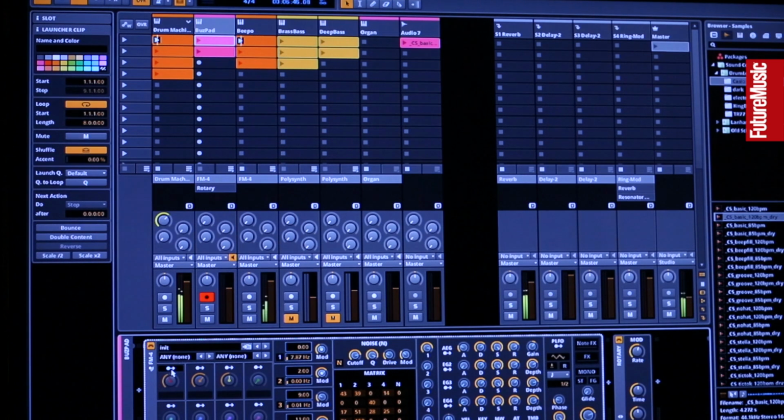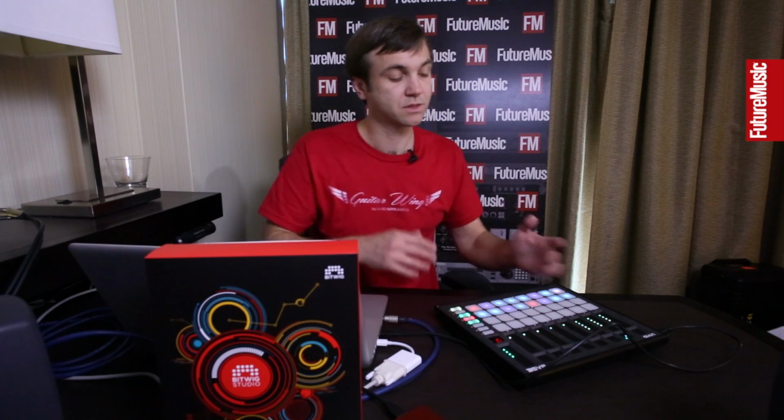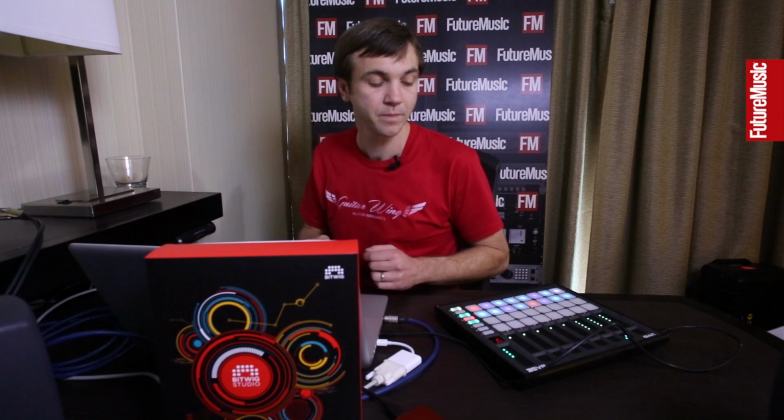Very similar to the way that we mapped LFOs. We can just go ahead and activate a macro and then assign it to different parameters within the device. So when we turn that macro, you can see that there are different things being controlled in the device. So that differentiates between devices and macros. One's more set up for live control. So there's a huge amount of stuff you can do just with this one device in terms of creating content, remixing content, triggering different clips for live performance or just sketching stuff out when you're in the studio.